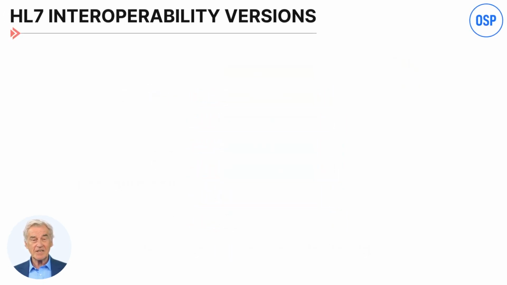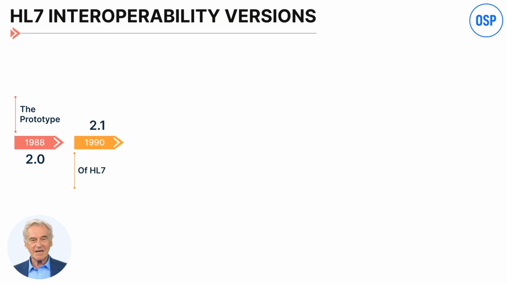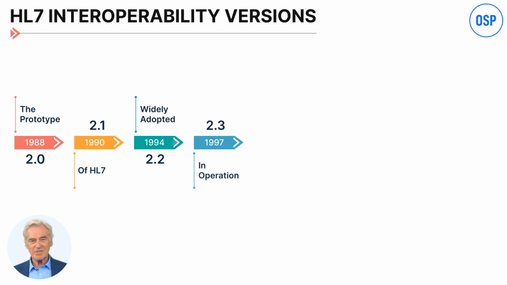Before I proceed to HL7 integration, it's essential to understand HL7 interoperability standard versions, and those are version 2.0, the prototype version released in 1988, version 2.1, the first standard version of HL7 that came out in 1990, version 2.2, the most widely adopted version released in 1994, version 2.3, the version considered to be in operation and was released in 1997, version 2.3.1, the version that was approved by an ANSI standard, released in 1999,